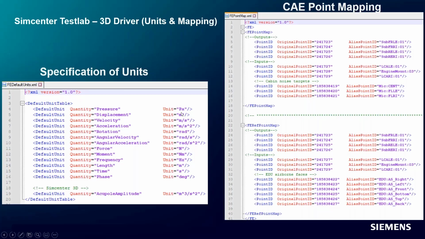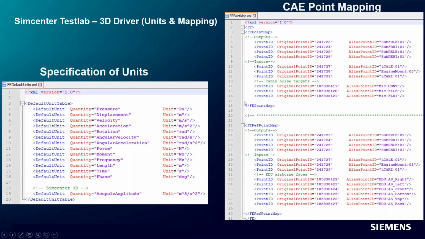Or if you ran the analysis in megapascal, you can say megapascal here. And acceleration, treat it as meter per second squared or millimeter per second squared. So you can specify the unit system you want to associate with the data from the simulation. For different quantities, you can specify the default units for it to be treated as.